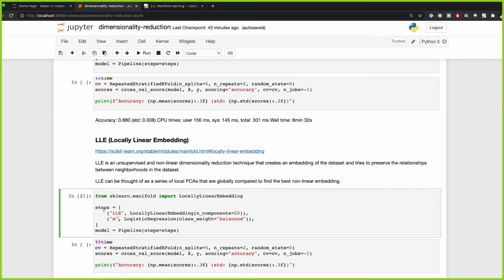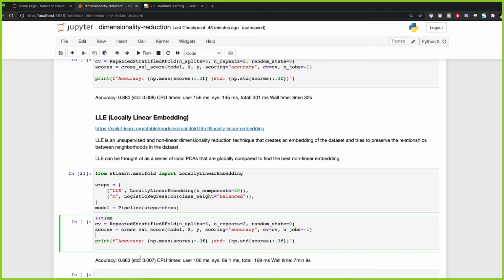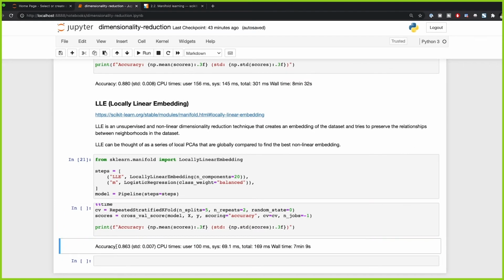We create our pipeline, and we have our locally linear embedding with 20 components, and then of course our logistic regression. Then if we check the accuracy of our cross-validation with repeated stratified k-fold, we get an accuracy of 86.3%. But here, as you can see, our runtime is 7 minutes compared to 8 minutes. Again, if you want speed, if you can say speed, because anyway it takes a long time compared to linear